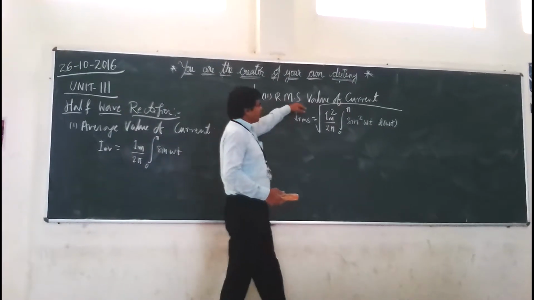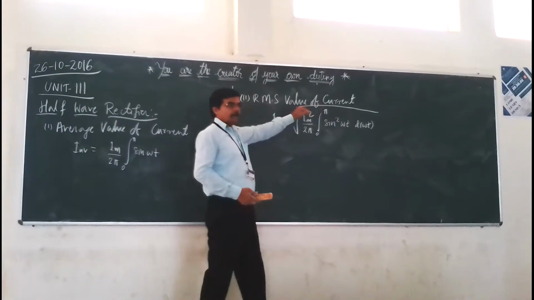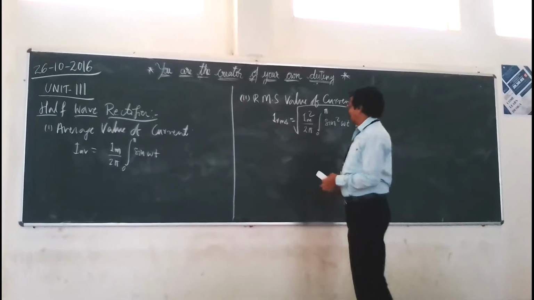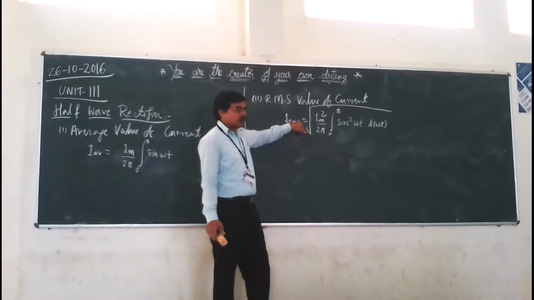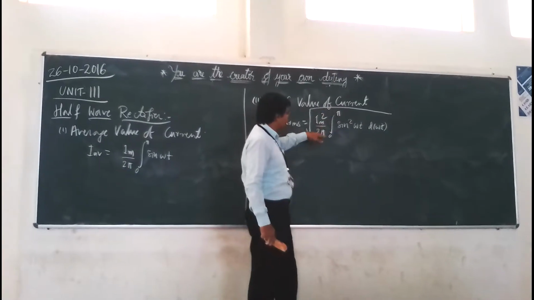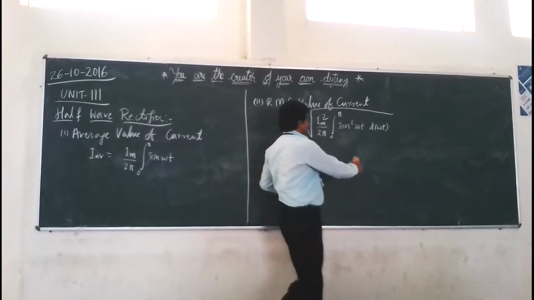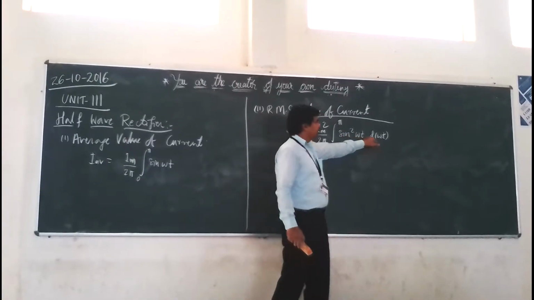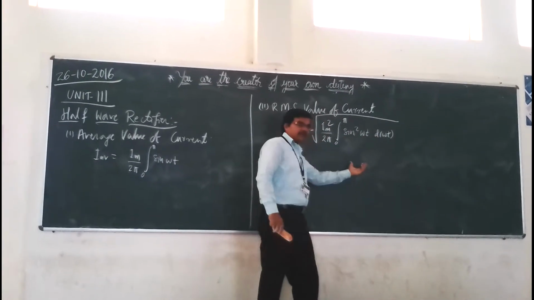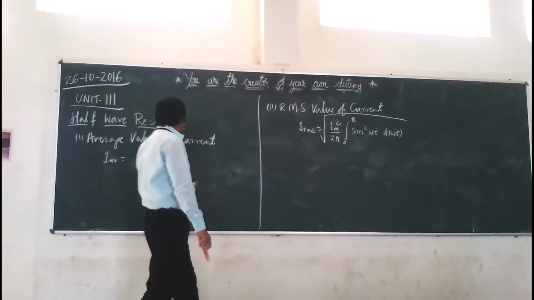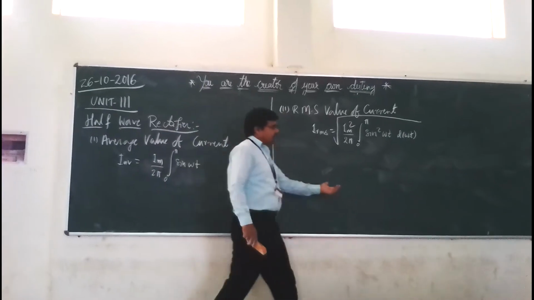Similarly, for the RMS value, RMS stands for root mean square. The RMS value of current will be the square root of Im square by 2 pi, integrating from 0 to pi of sin square omega t d omega t. If you solve this integration, you will get the value of your RMS current. So this average current and this RMS current,